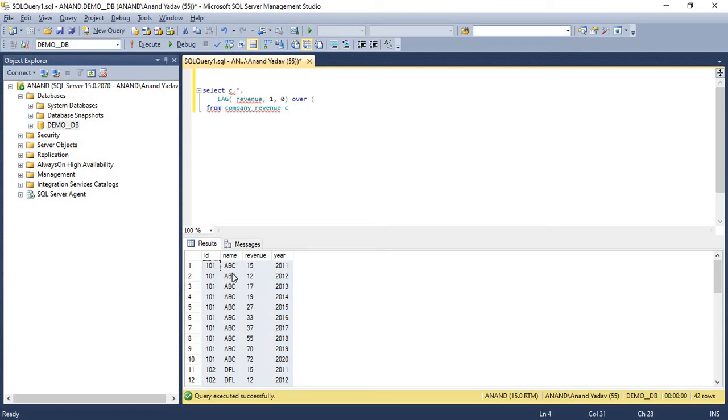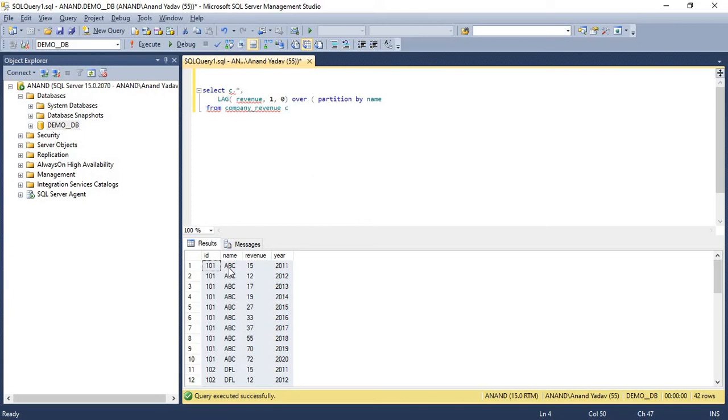I wanted to see the data company wise, so I will do a grouping. I will just do a partitioning by name, or I can also use the ID because the ID is tied to the name. Whichever column you want to use, you can use that.